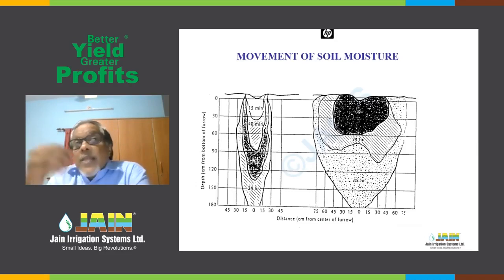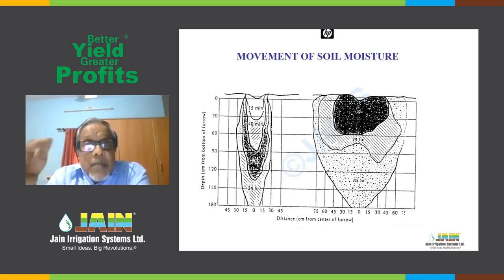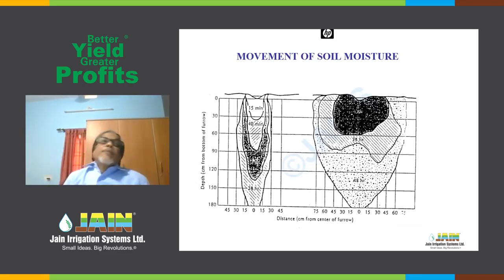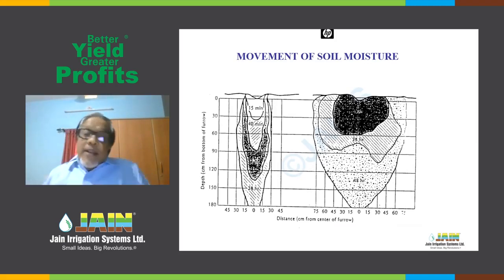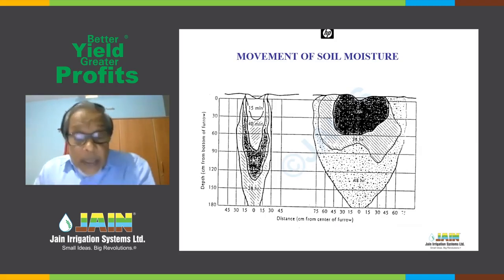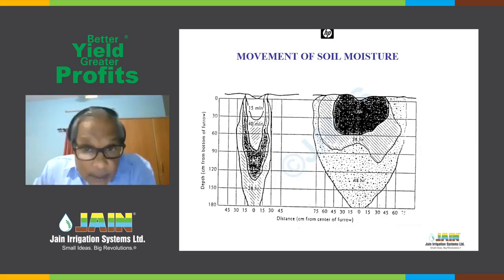So this is a very scientifically decided factor. It is not a commercial decision. Commercial decision comes later. This is placement of drip lateral depending upon soil texture. In other words, if a farmer has only very sandy soil, like sometimes in some parts of Ganganagar, Rajasthan and all that district,